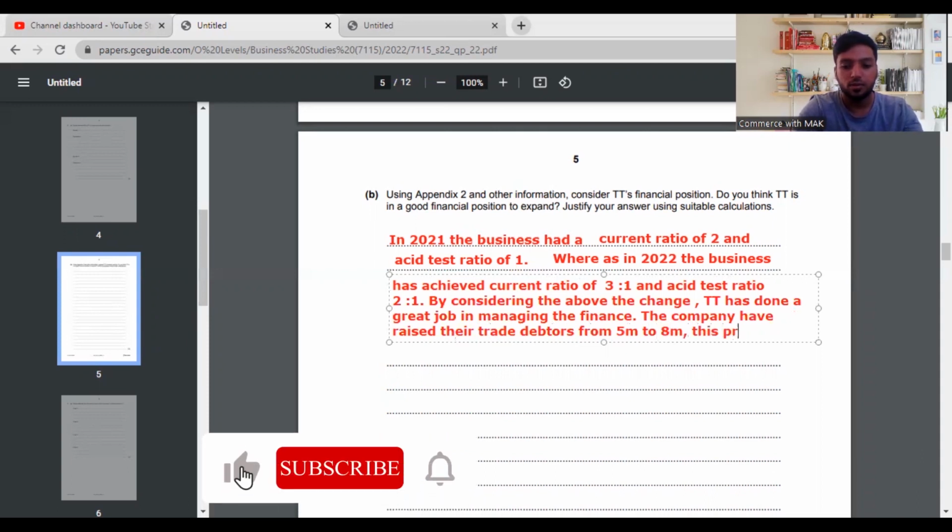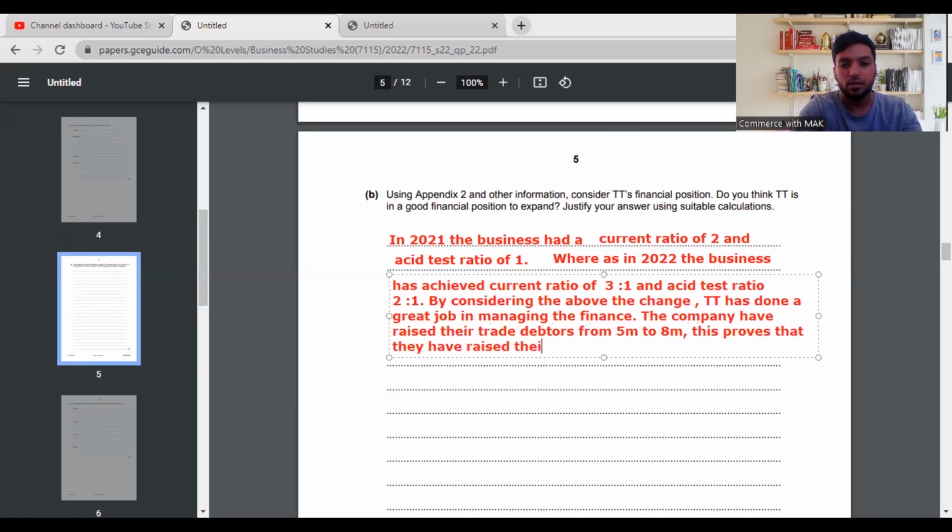This proves that they have raised their credit sales, and also the company have raised cash of 2 million,